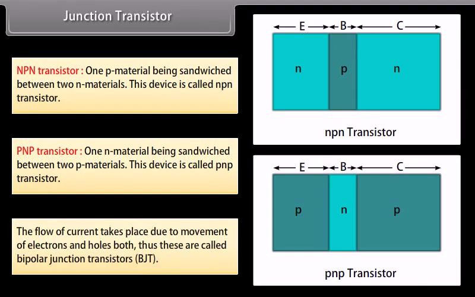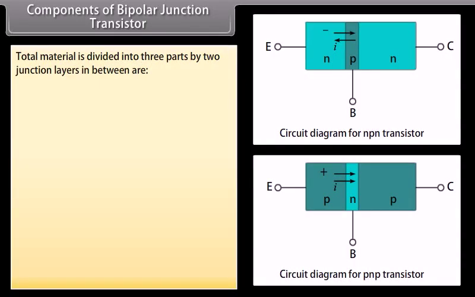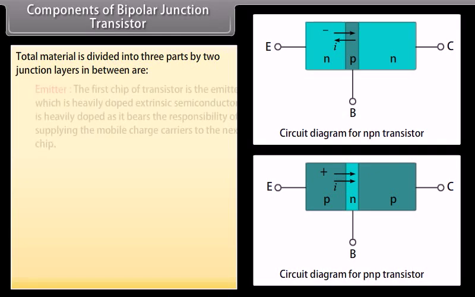The flow of current takes place due to movement of electrons and holes both. Thus, these are called bipolar junction transistors. Components of bipolar junction transistor. Total material is divided into three parts by two junction layers in between. They are emitter,